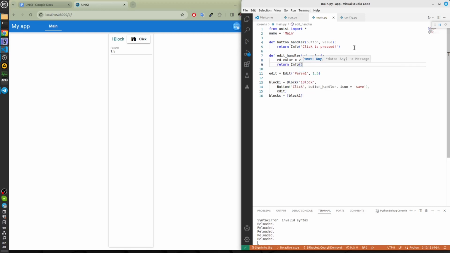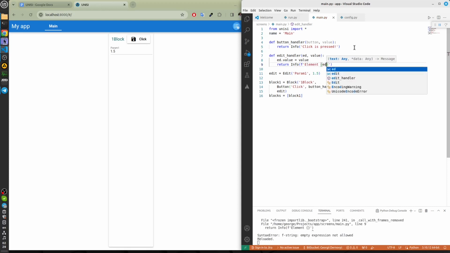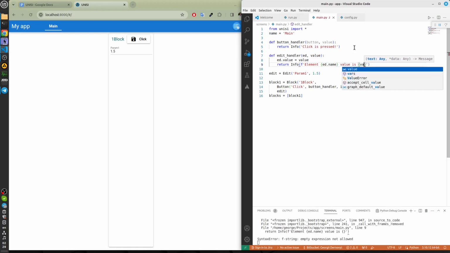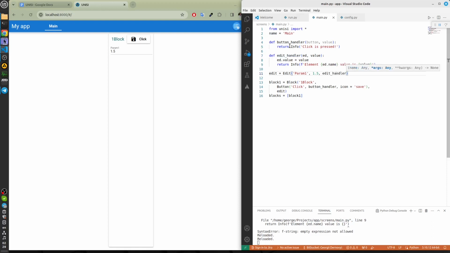And we write such a line: element name value is value. We can attach the handler to the edit. When a user changes the value of the edit, it will work and return the event value.